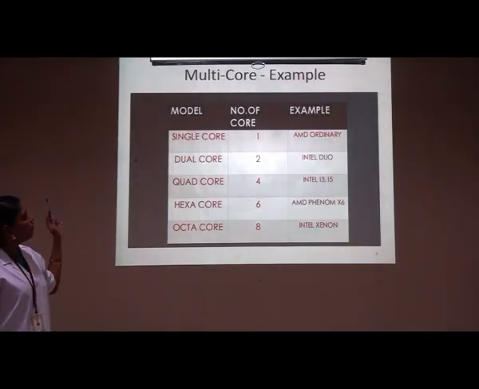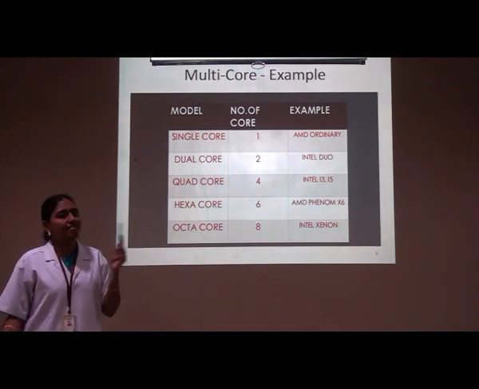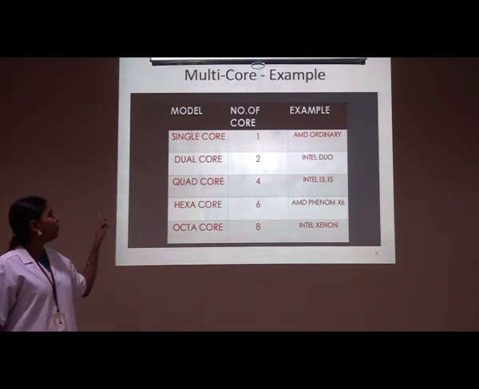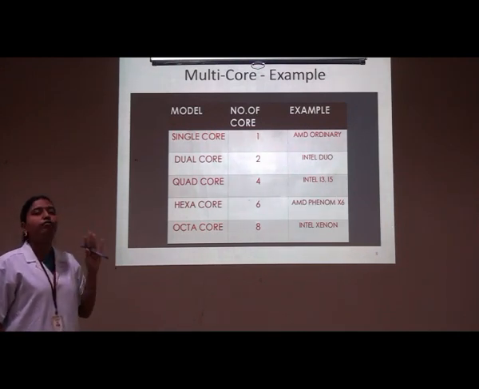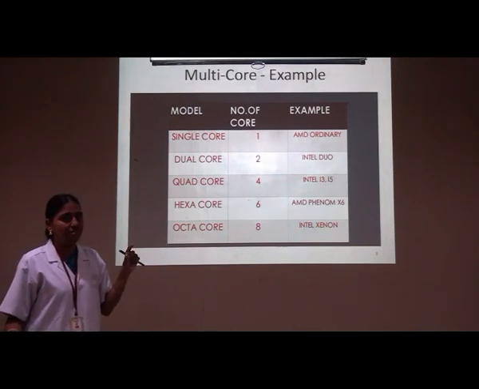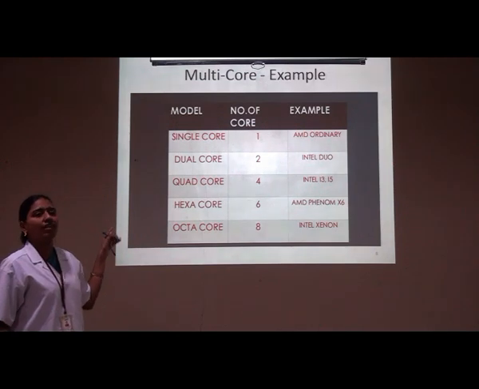What are these? If we are embedding two processors, two cores, in a single die, we are calling that dual core. Whereas if we are embedding four cores in a single IC chip, we are calling that quad core. If 6 cores are embedded in a single IC